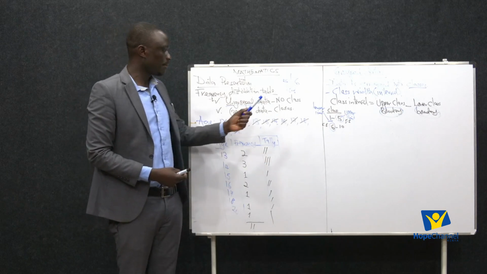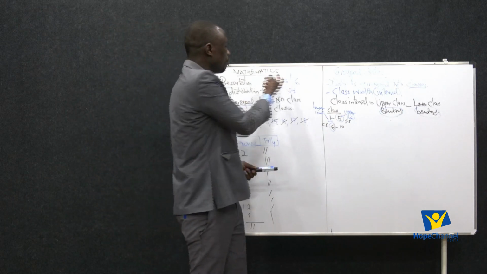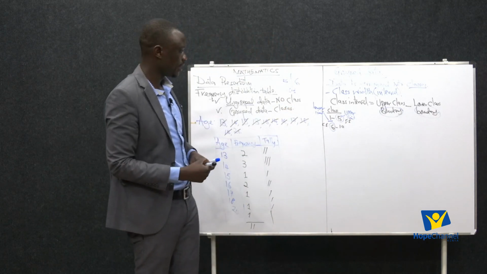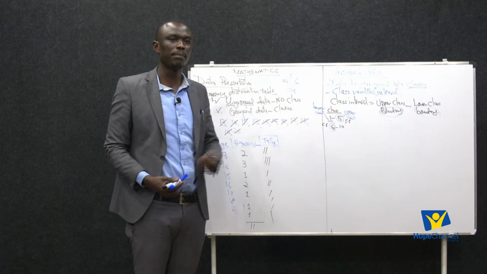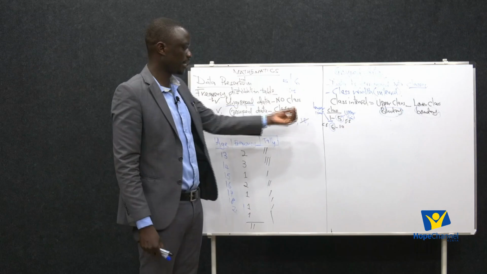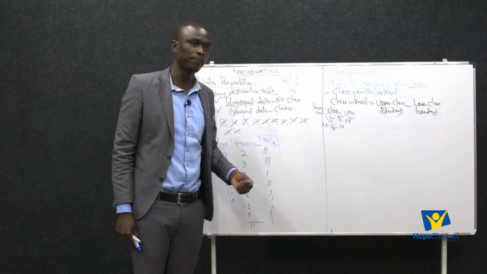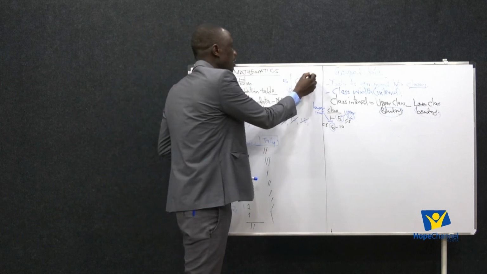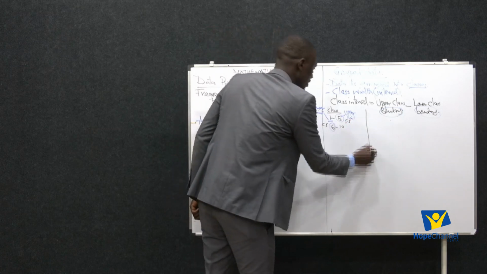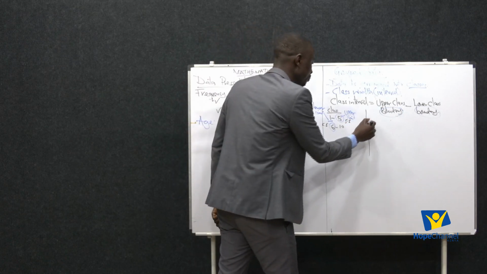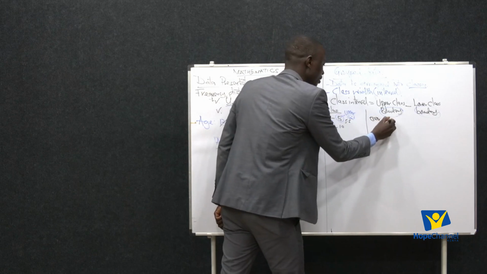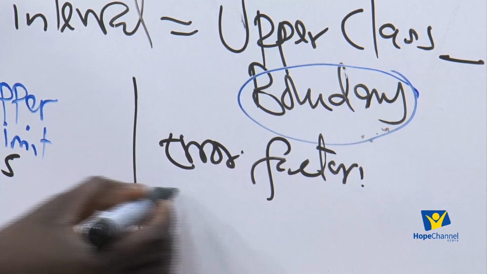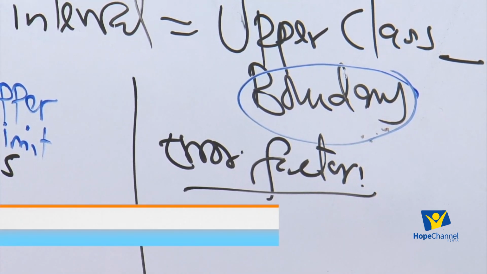Good. Mathematically, sometimes we don't do it this way. Instead, we look at what is called an error factor. An error factor will depend on the type of data that you are given. If the data is whole number data like this one, the error factor is said to be 0.5. So you add or subtract. Let me just mention something here so that somebody can put it down. There is something called an error factor that we use in statistics, and the error factor will depend on the number of decimal places.